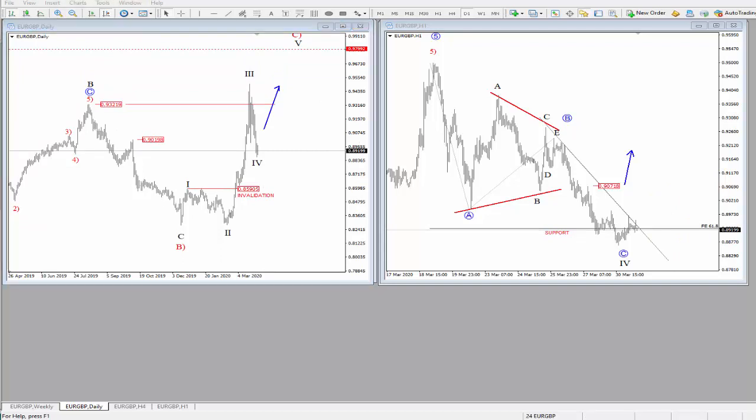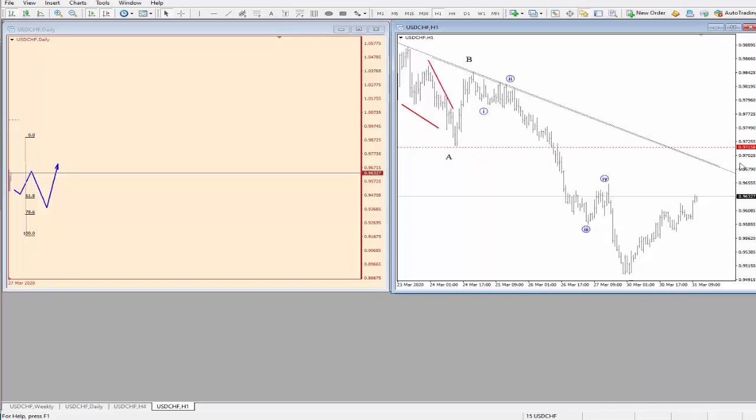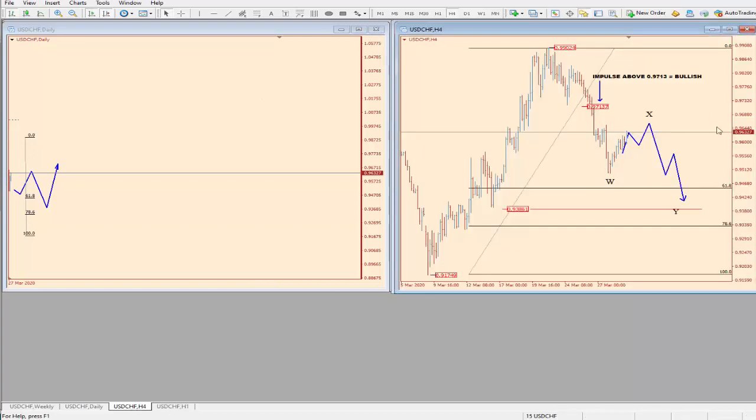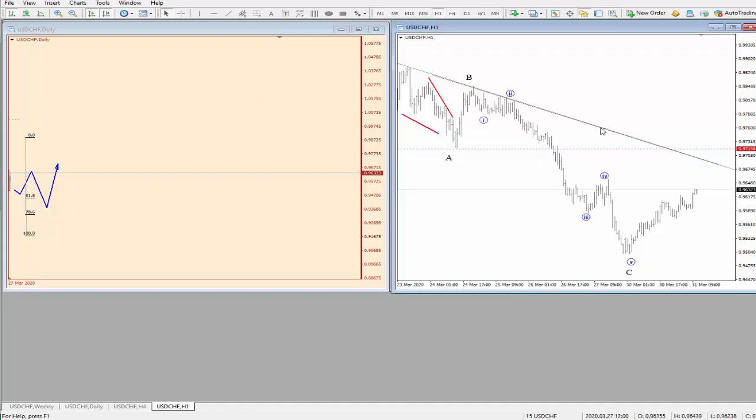Now what I have left, dollar against Swiss franc. This one also could be interesting. Looking at the 4-hour first, maybe you will get a deeper pullback here for WXY. I'm looking at this swing support where this very strong move to the upside started. So the whole zone here around 78.6% is very interesting. Even 61.8% still hasn't been retested. So maybe there's still a chance for a new drop, but if we see an impulse above 97.13, then watch